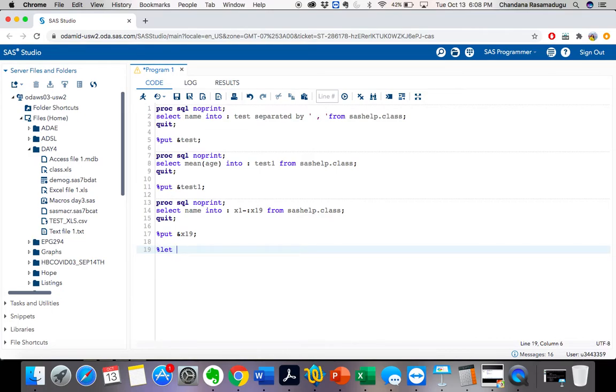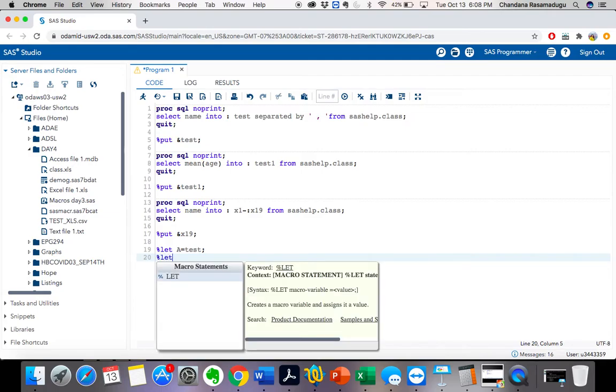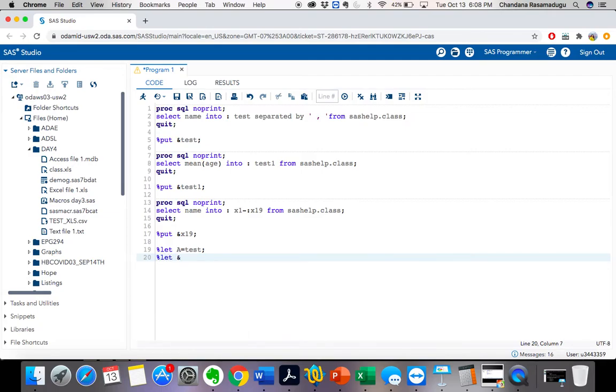Here I am creating a macro a equal to test. Okay, and I'm creating another macro called %let ampersand a equal to, let's give x, y, z. Okay, these are my values.